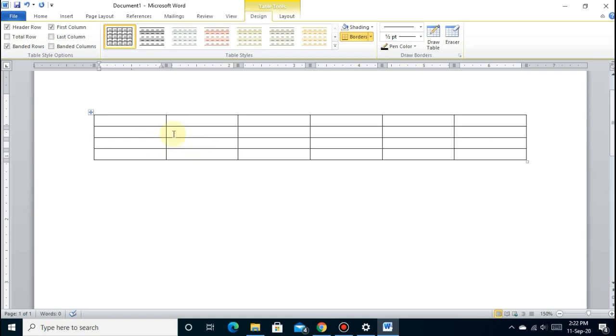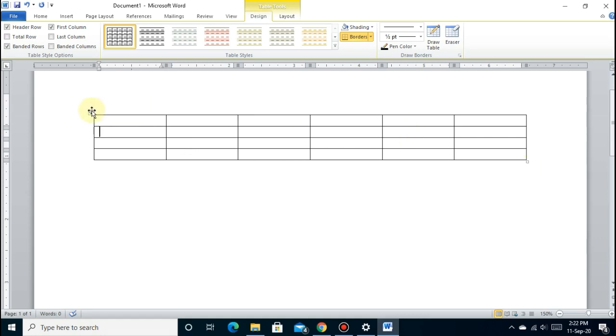Then you can see two handles in this table. One is here and another one is here. This handle is called the table move handle, and this handle is called the table resize handle.